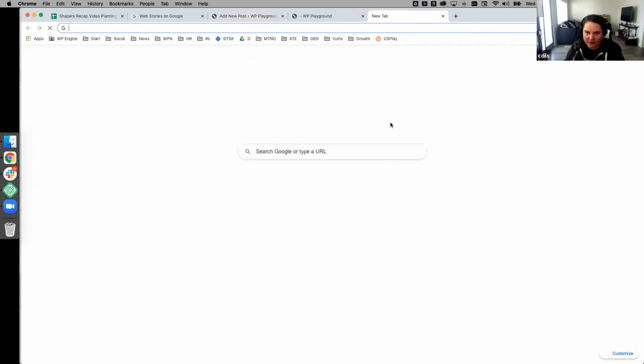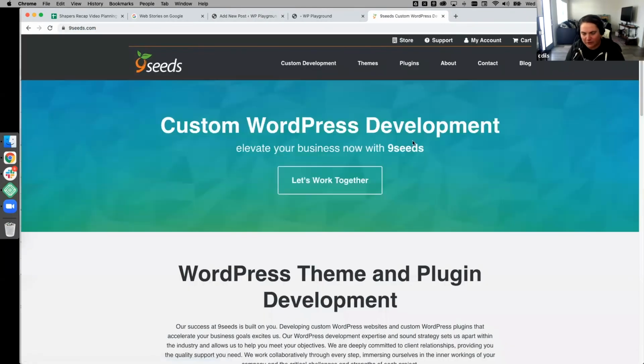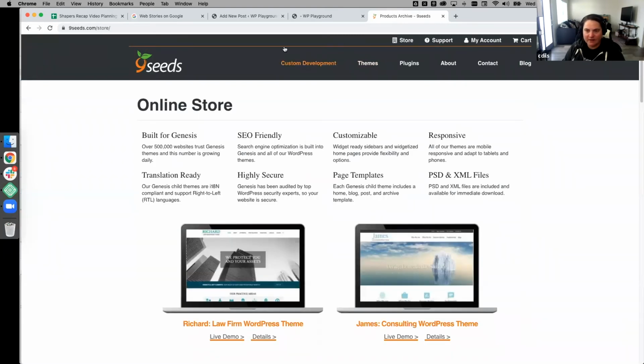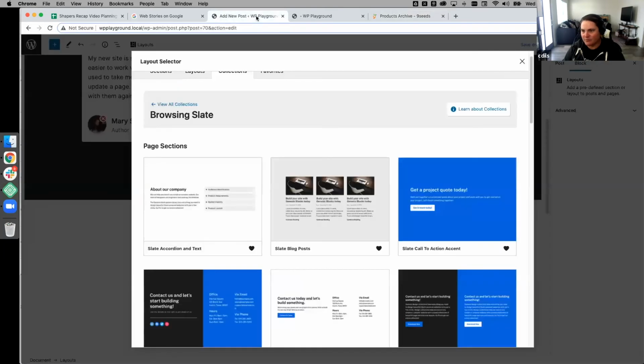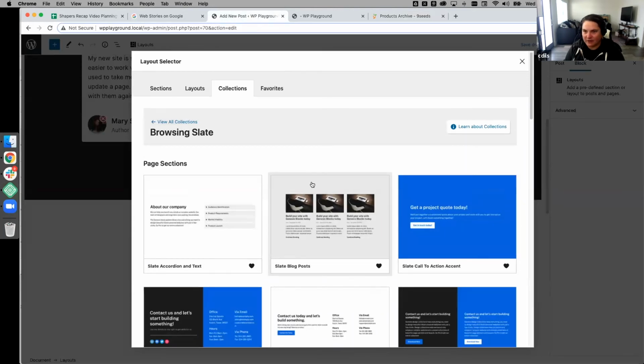In this new paradigm, as we move towards block-first theming, I think the ability for third parties to build on top of Genesis collections and use that as the underpinning is really in the spirit of how people have used Genesis in the past to run their own businesses, if that makes sense.